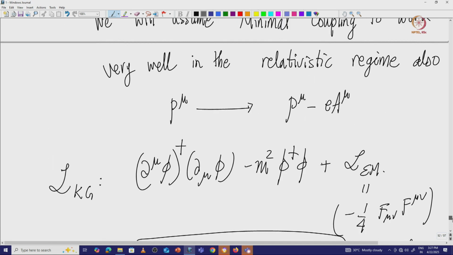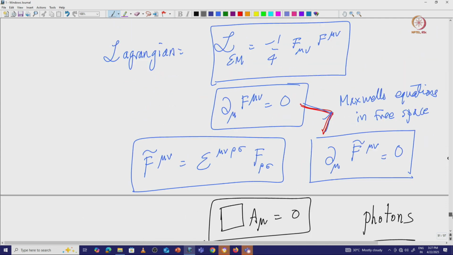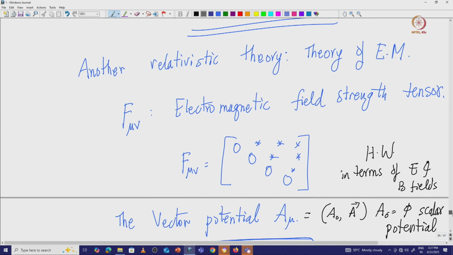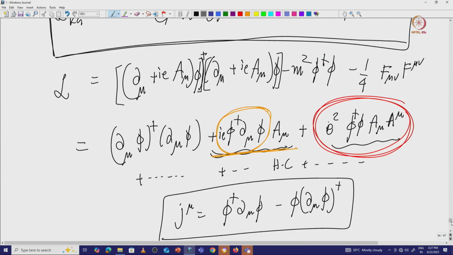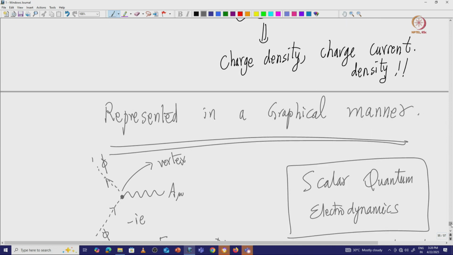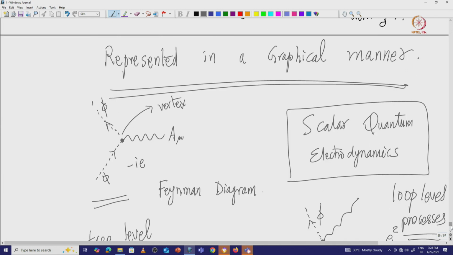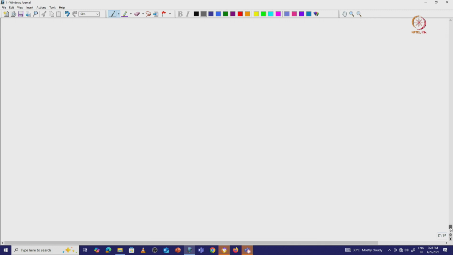Okay. So, what we have seen are glimpses of quantum electrodynamics, which is important in understanding the Klein-Gordon field in a complete sense essentially. So, this is the interaction. There is a current. This diagram with dotted lines is called the current of the phi field, and A mu is the current of the electromagnetic field essentially.